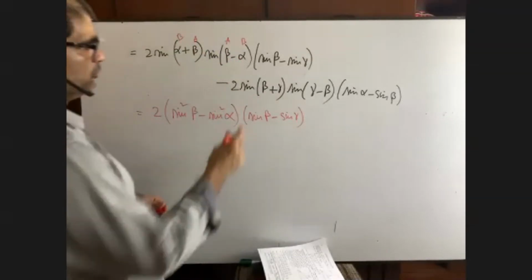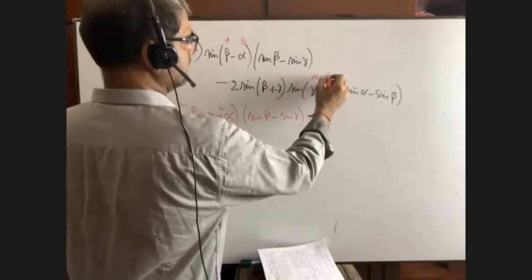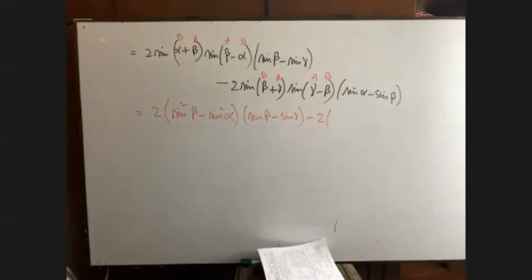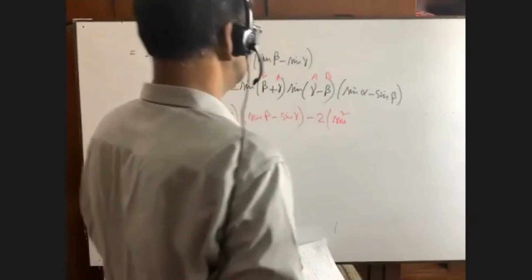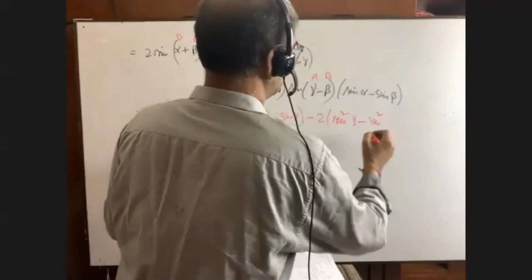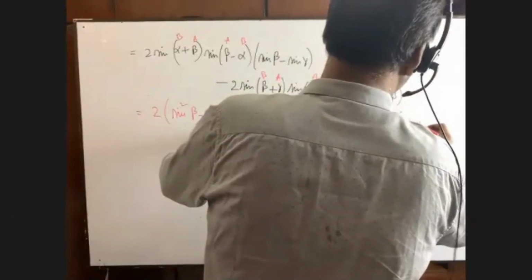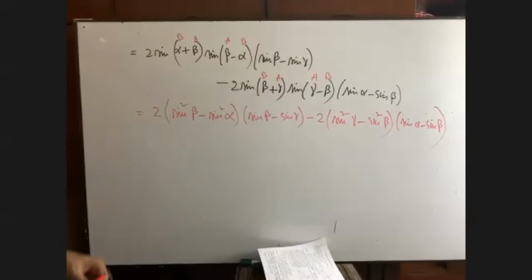Okay. In the same way, we can write it 2 into, it is A minus B, so it is A plus B. The same formula, sine square A minus sine square B. Sine square A minus sine square B. Now sine alpha minus sine beta. Can you see the board? Yes, you can see the board. Now this is your math. What can be done now? Just let me know.